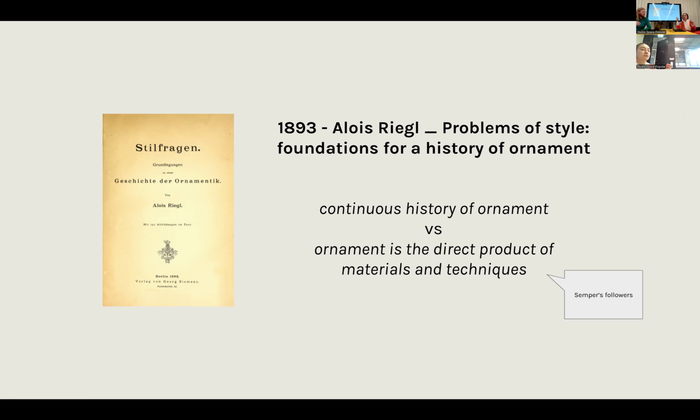So he has a series of cases, going through four types of ornament. One is the arabesque, another one is, for example, the lotus. And he claims that all cultures have ornaments that can be traced back to the lotus. And he tries to make a point on this unbreakable continuity. And his point is very different